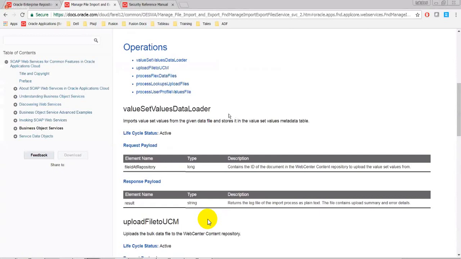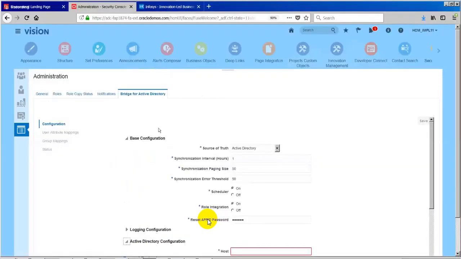So basically what happens is we have a web service and an object. Typically that object exposes the username and security console details.